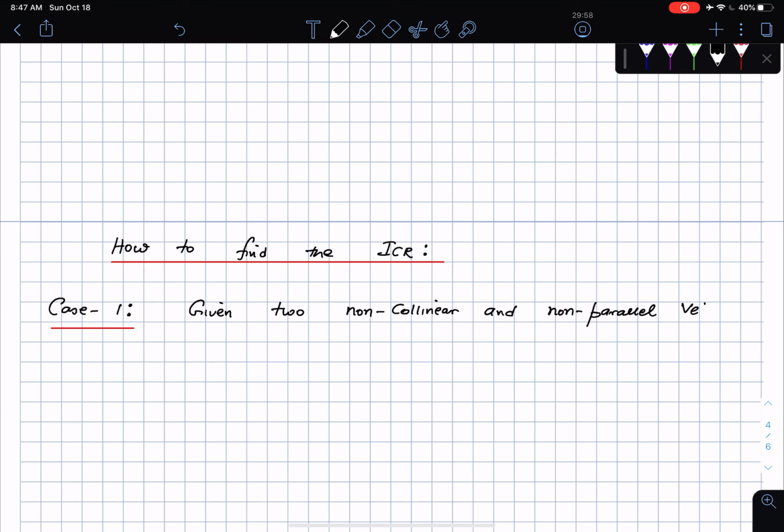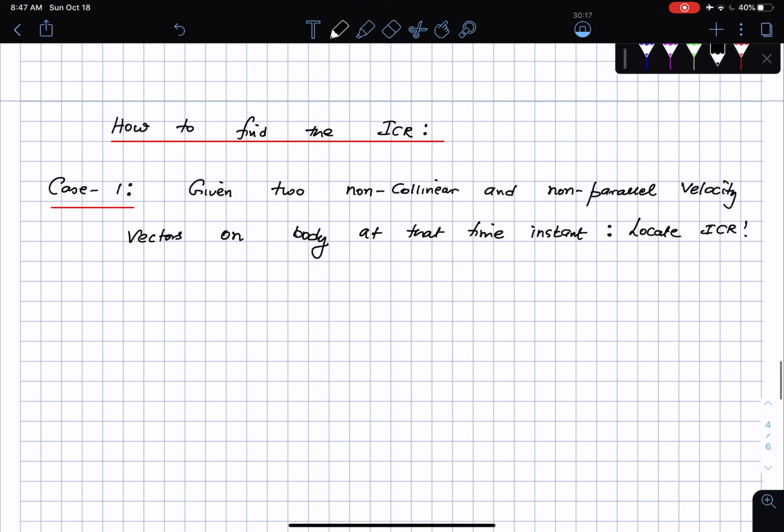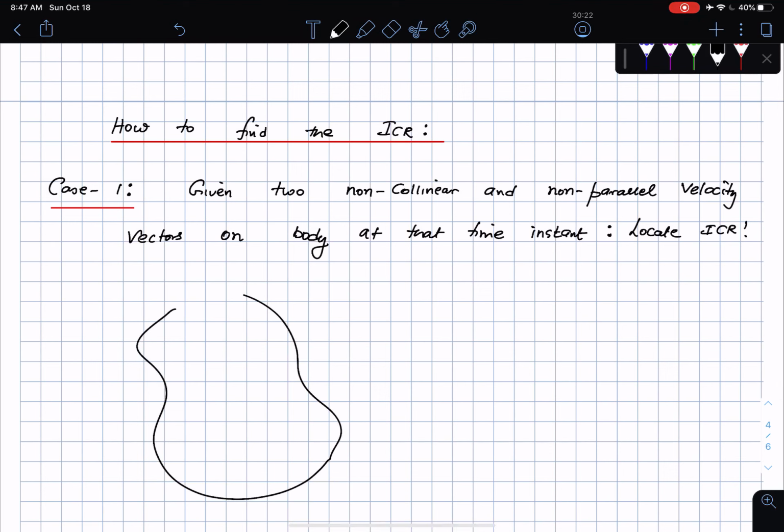Locate the ICR. Okay, so let's say I have this following rigid body, some arbitrary potato here, and